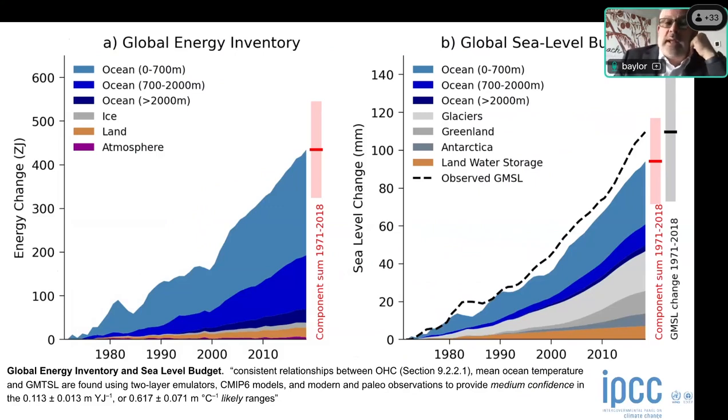A very closely related idea, this is a figure from the IPCC chapter, is the idea that we can monitor the energy inventory of the Earth. And most of it, as I said, ends up in the ocean. You can see on the left, this is the global energy inventory. The biggest changes are seen in the surface ocean, but pretty substantial changes in the deep and abyssal oceans as well. And then only a tiny fraction of the energy actually goes towards melting ice or warming up the land. And a teeny tiny fraction is actually warming up the atmosphere, which is funny to think about because the atmospheric warming